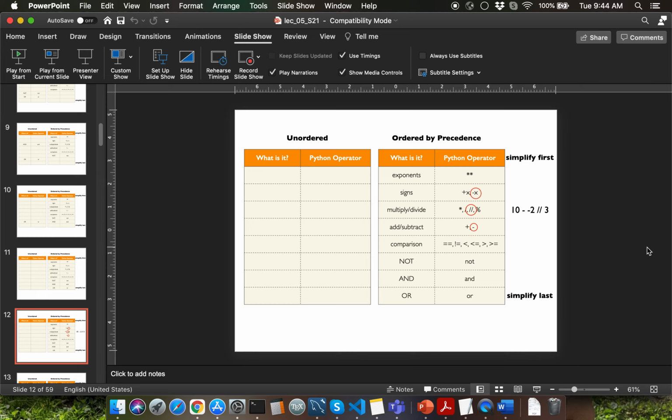Before doing that, let's try to compute it by going through the operator precedence order here. There are three operators and three operands in this expression. The three operators are subtraction, unary negation, and integer division. And the three operands are 10, 2, and 3. So unary negation has the highest precedence. So you're going to first compute -2.